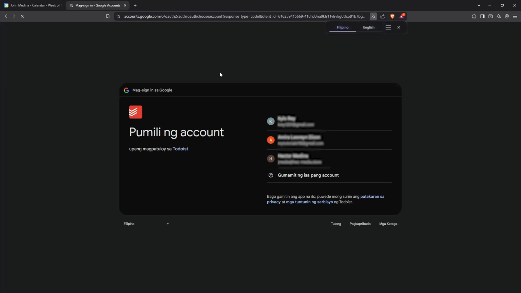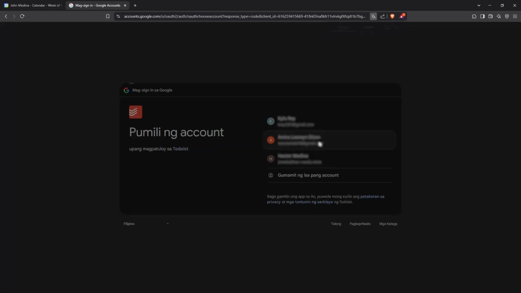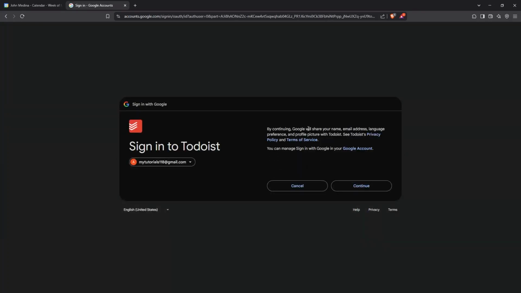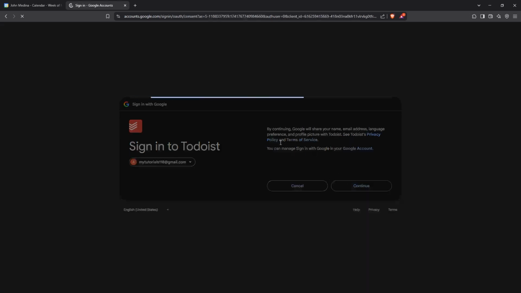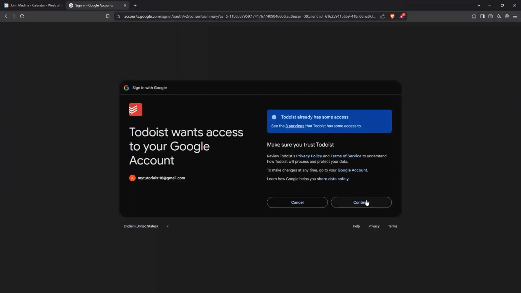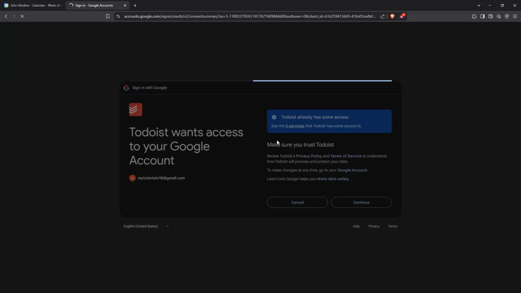Now it's time to select the Google account you want to link. After you pick your account, you'll be asked to click Continue to allow the necessary permissions. This step is crucial as it ensures that both services can communicate smoothly. In granting these permissions, you're essentially allowing Todoist to update your Google Calendar, keeping everything synced without any extra legwork